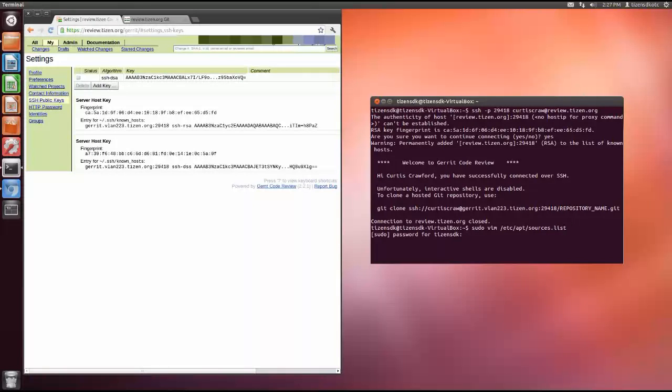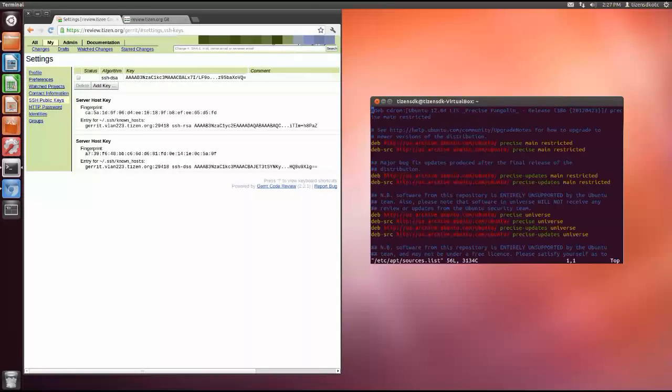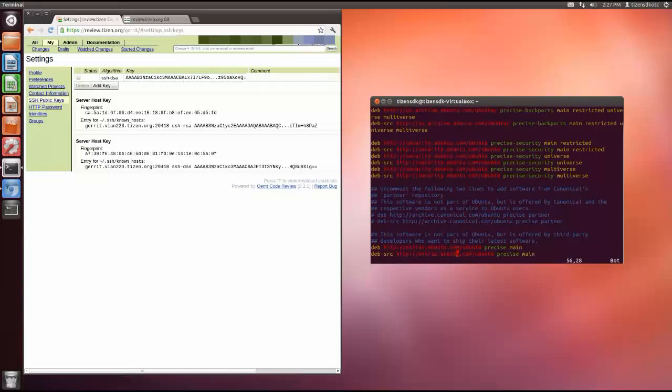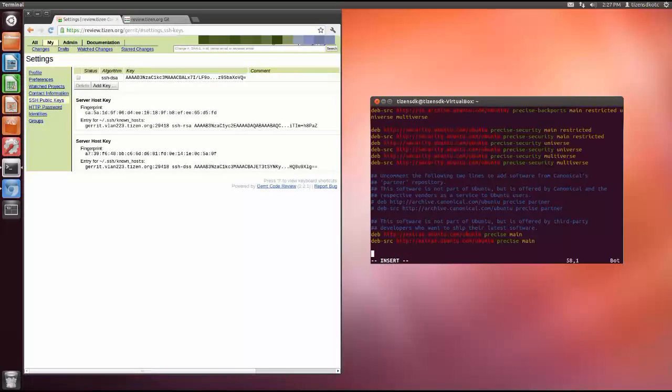To edit your apt sources, go to the very end and press I to enter into editing insertion mode, and add the following line: deb http